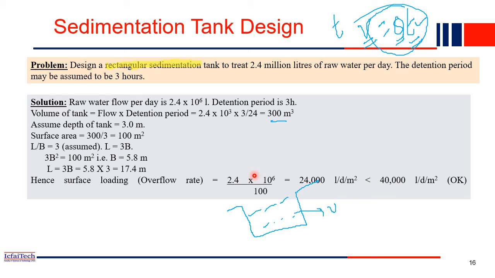In the last slide we have seen that for the plate sedimentation, the overflow rate should be 10,000 to 20,000, whereas in the flocculated tank or the chemical sedimentation tank, the range goes up to 30 liter per day per meter square. So ours is less than 30 or 40. So whatever design we have done, it is quite reasonable, and this is the final design we can consider. Now this design will be given to the civil engineer on field. He will be constructing this large sedimentation tank. So you can imagine the dimension. It's a huge dimension that we are designing.